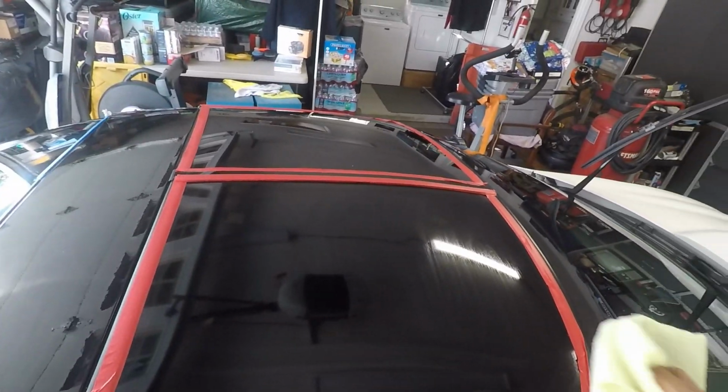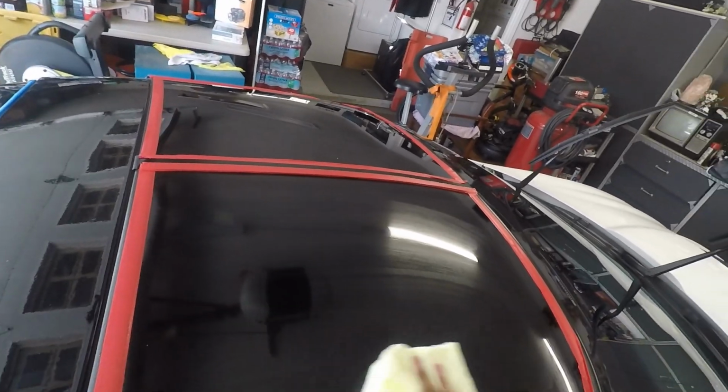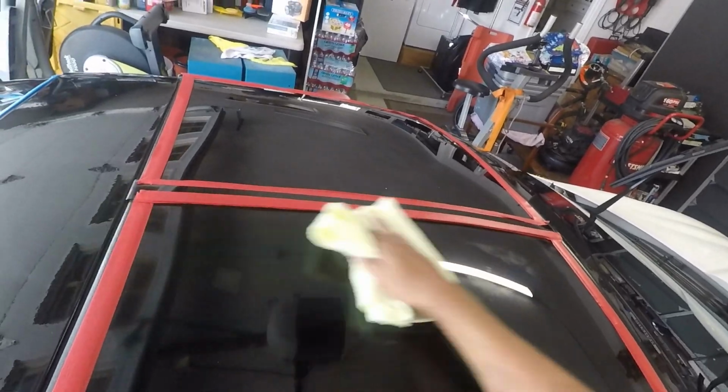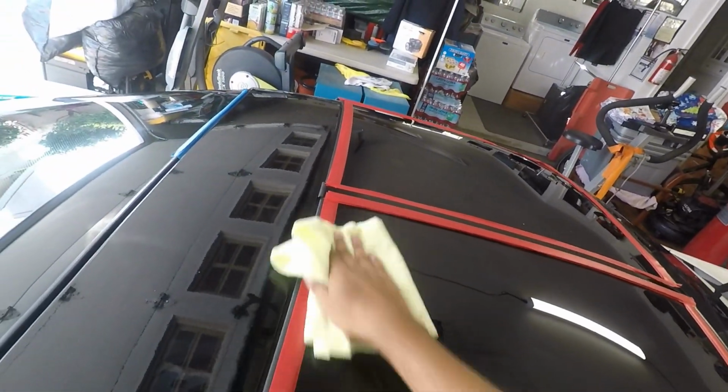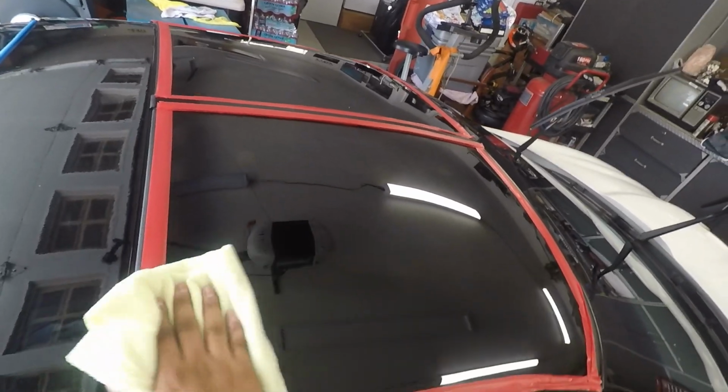Okay, so you can see the water stain on the surface. You're going to come back with a secondary towel and just wipe the residue off, because if you let it dry, you're going to get haze on here from the product, and you're going to have to just wipe it. So